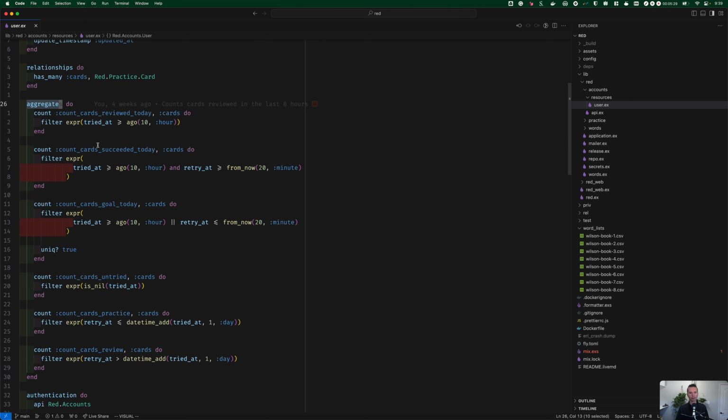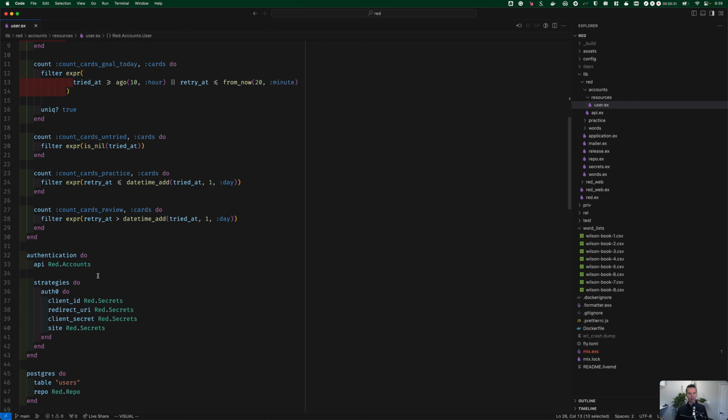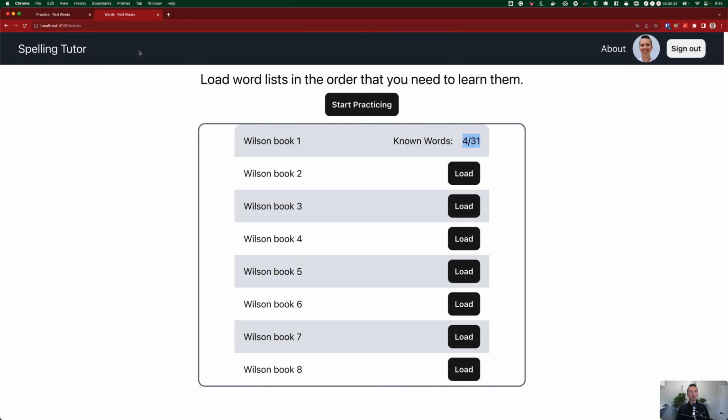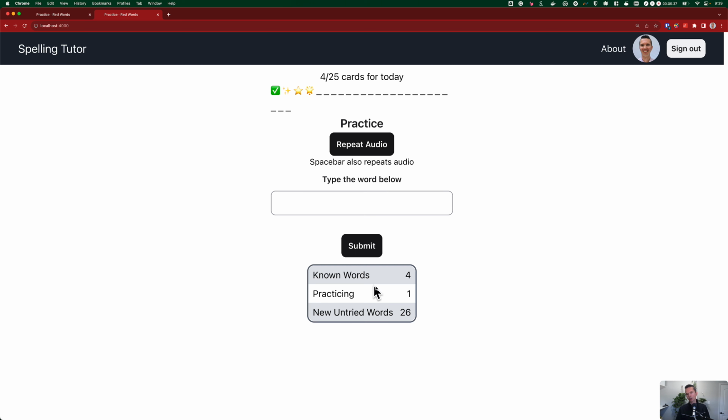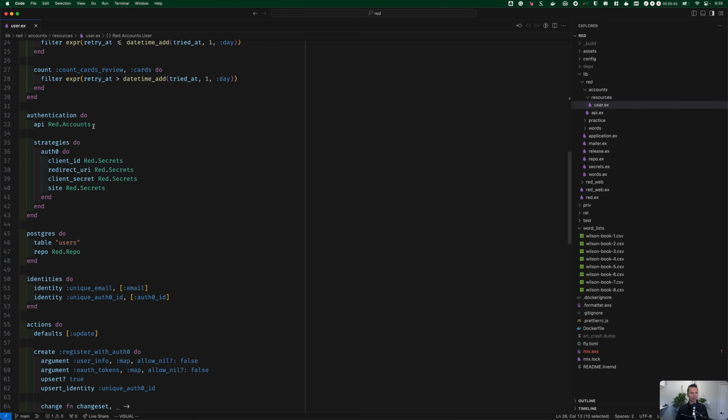Counting users' progress is useful. Oh yeah, if you finish your goal for the day, it shows how much you know from which book. Anyways,